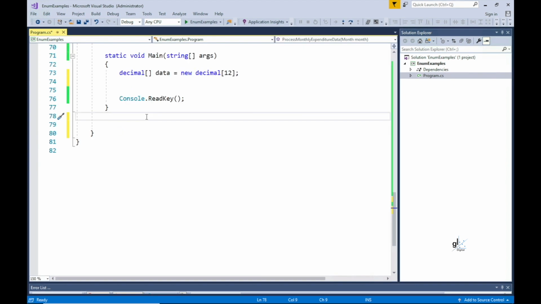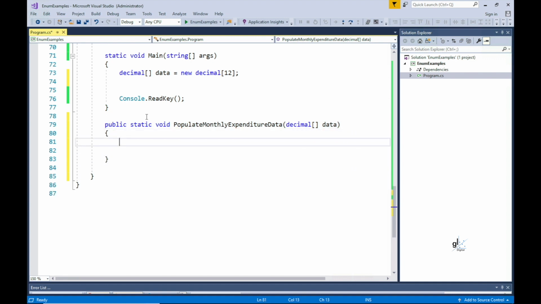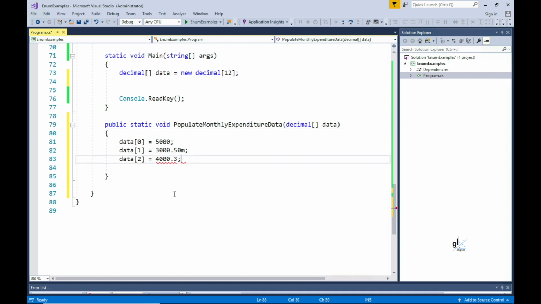First, we want to create a method that populates an array. Each item in the array represents the total expenditure for a particular month. So the array item at index 0 will be the total expenditure for the month of January. The item at index 1 of the array will contain the value representing the total expenditure for the month of February. The array item at index 2 will contain the value representing the total expenditure for the month of March,